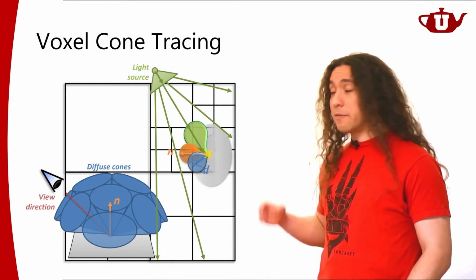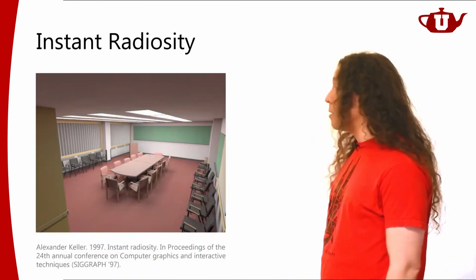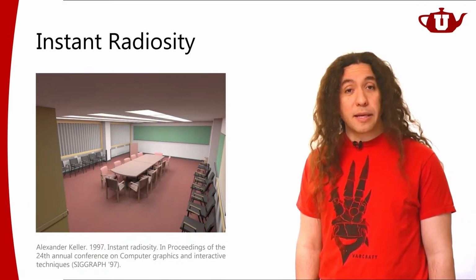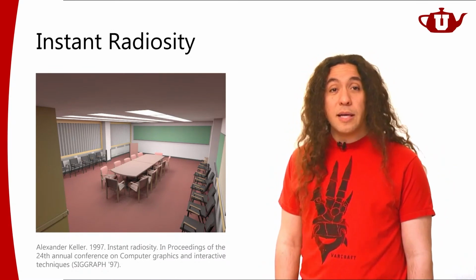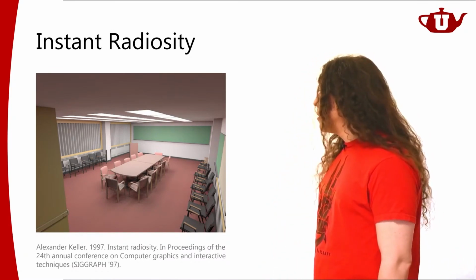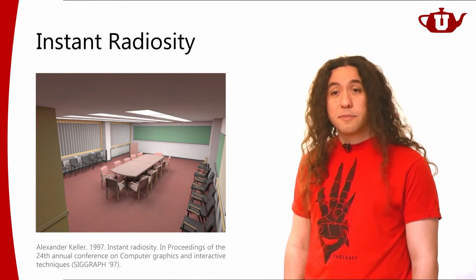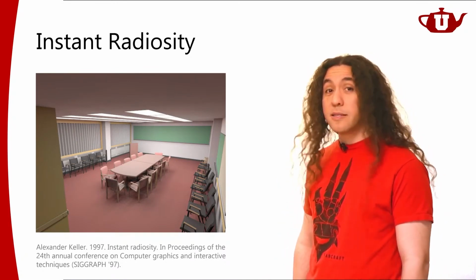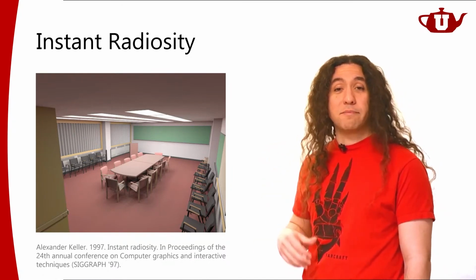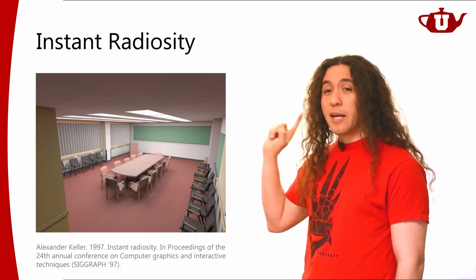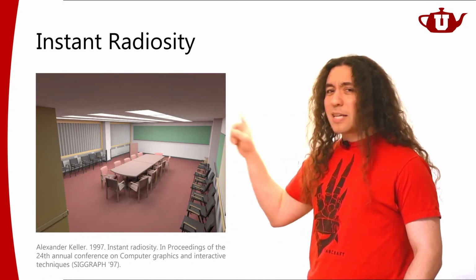Another very effective technique for estimating global illumination is what's called instant radiosity. It's a very, very powerful technique. I love this technique, actually. Instant radiosity is a funny name for it, to be honest, because it's not instant and it has nothing to do with that radiosity method that I told you about. So it's not instant or radiosity, but it's called instant radiosity.